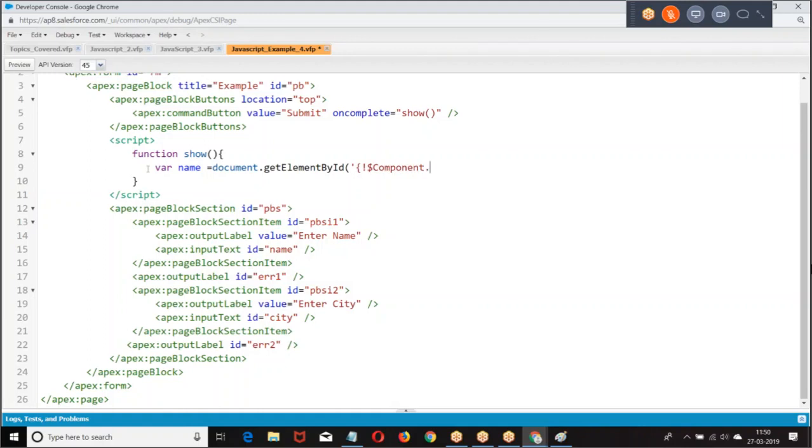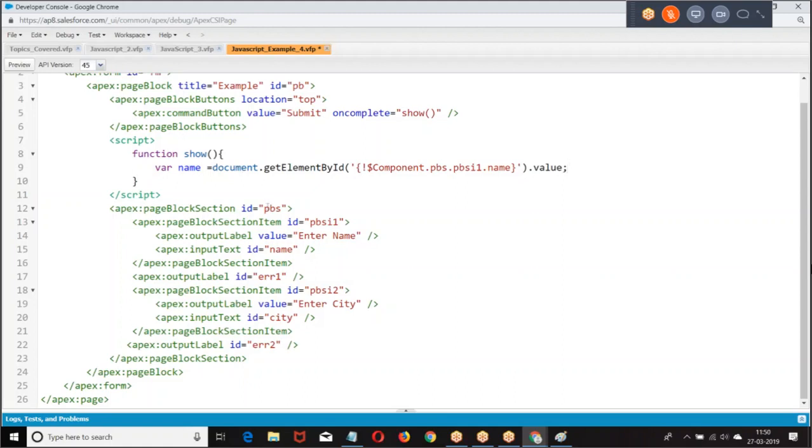Now from my location, what are the elements we have? Page block, section, page block section item 1 dot. The location where I am, from that location I am giving the remaining path.